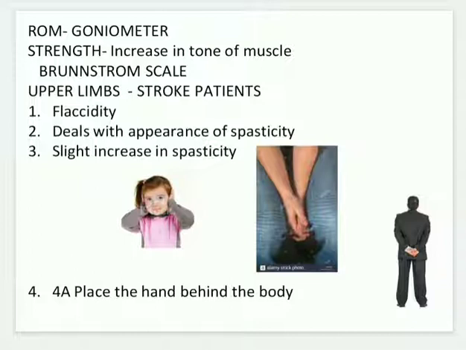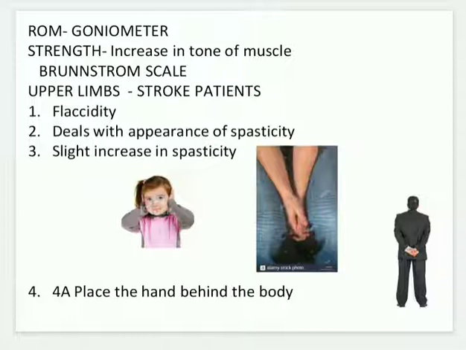There are some recovery stages for stroke patients. If there is flaccidity, it means a complete lack of voluntary movement, so the limb feels heavy. Then stage 2 deals with the appearance of spasticity. It means some of the synergies may be allowed. It may be any pattern of movement that involves either cooperative or reciprocal action. A flexor synergy may appear first before any extensor synergy.